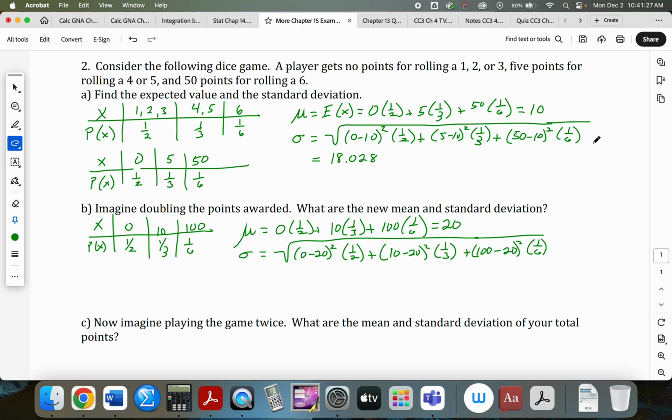Now let's compare this calculation to the original calculation. So this was 10, right? We squared it, that's 100. This is going to be 20, squared is going to be 400, right? This is 4 times more. Even after we multiply by the 1/2, it's still going to be 4 times more. When we do this, that's going to be 5 squared is 25. This is 10 squared at 100. It's 4 times more, but when we take the square root, it's 2 times more. So this should just be 2 times the